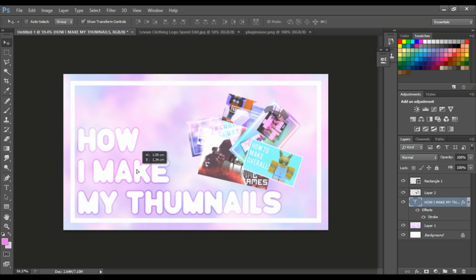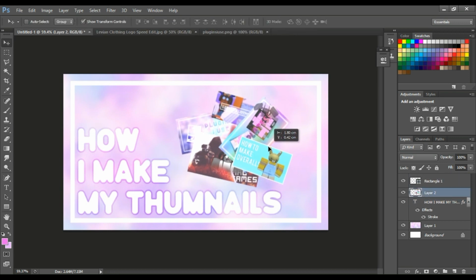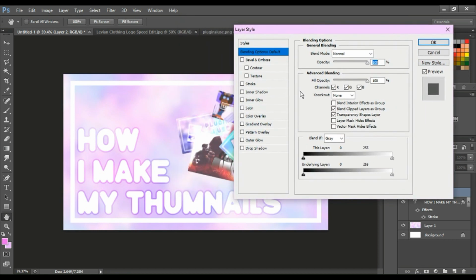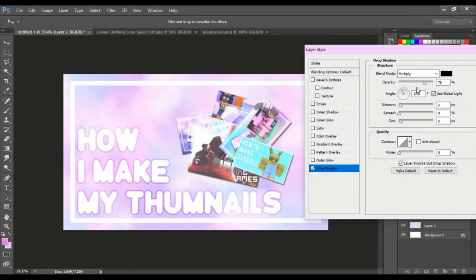And here I'm just moving the text a little bit closer to the middle because the frame is covering the text and I don't want that. I'm adjusting the thumbnail part, and I'm adding some shadow effect to the picture where my thumbnails are. And I'm just playing around with how I want it to look.